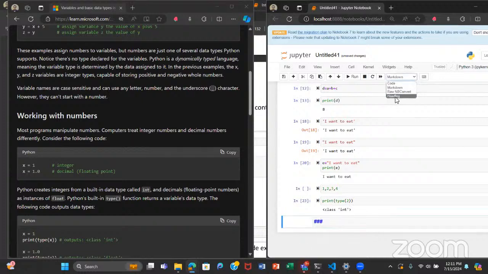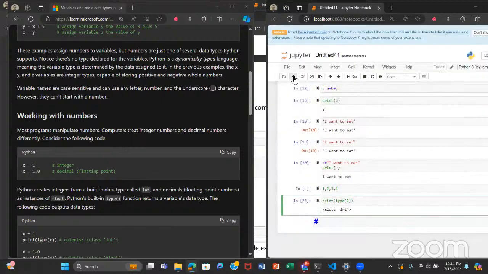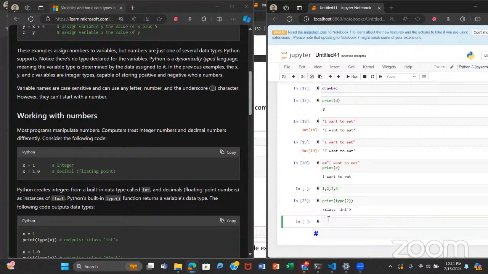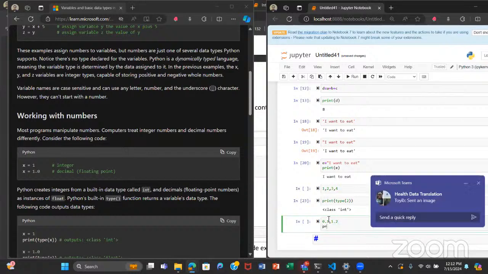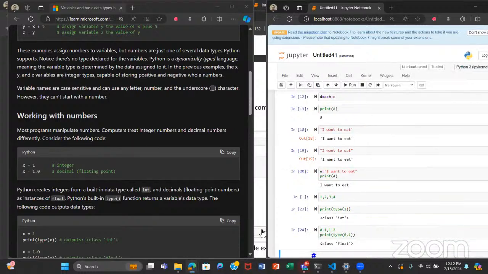While for decimal numbers, like 0.1, 1.2, whatever, any decimal number, they are all floating point numbers, or floats. The command for knowing what type a particular piece of data is, is the type function. You put the value or variable inside type and it tells you. So here, 0.1 is a floating point number.